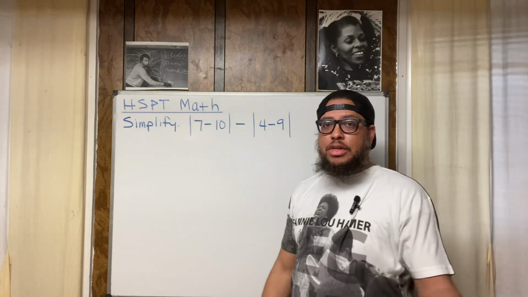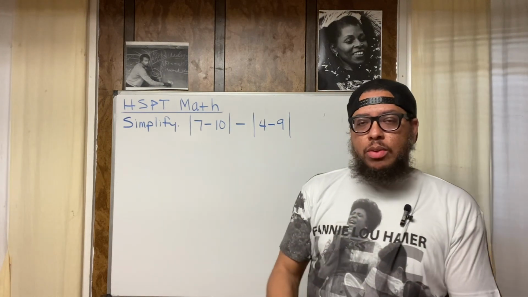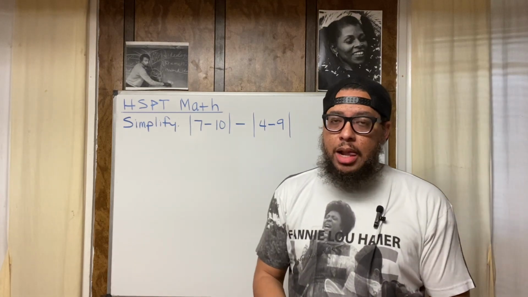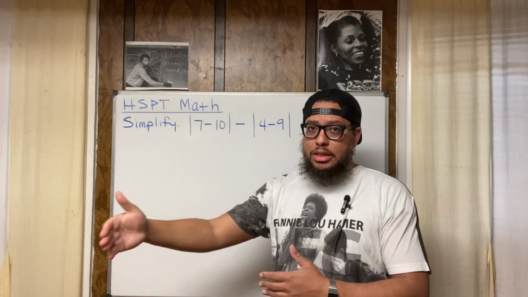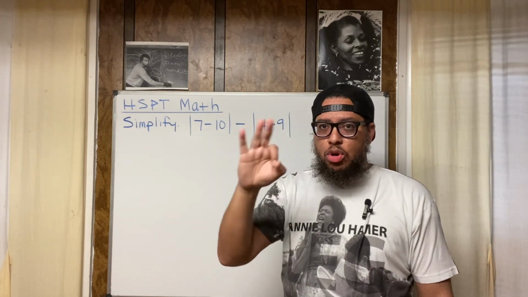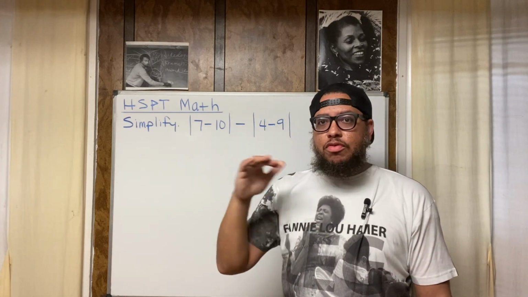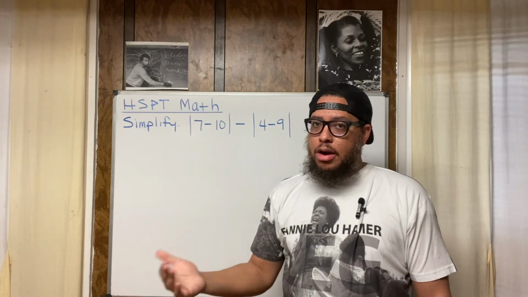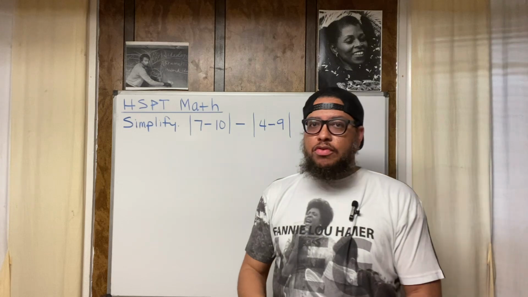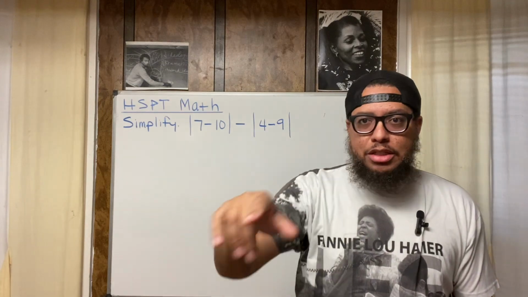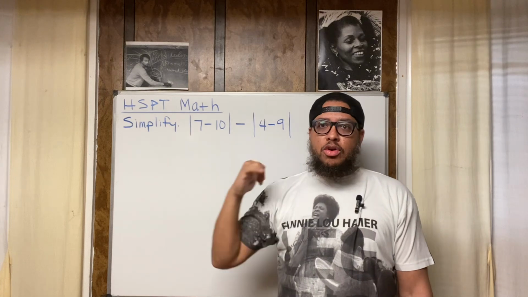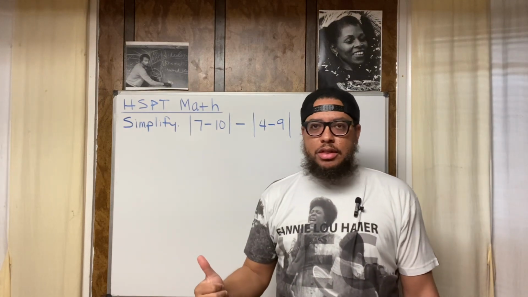Why? Because by definition, what is the absolute value? How far that number is away from 0 on the number line. Ask yourself, how far away is -3 from 0 on the number line? 3 spaces, 3 whole spaces. Absolute value will always be positive, because distance is always positive. If you're driving down the street, that's a positive distance you went. If you put the car in reverse and go backwards, you're still driving a positive distance.